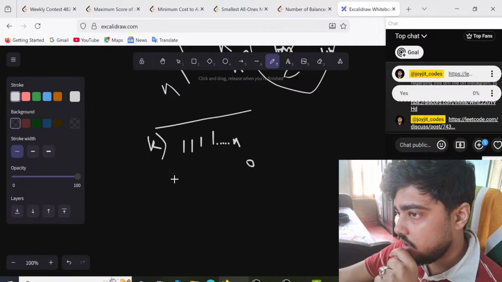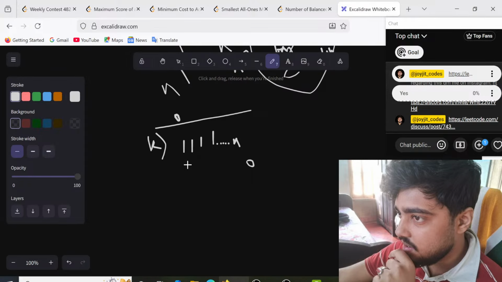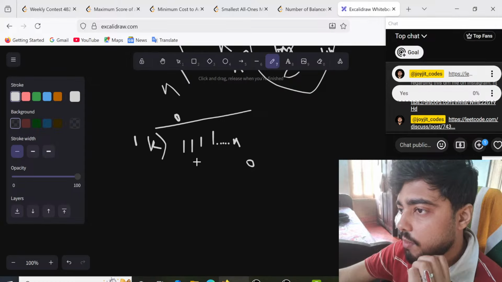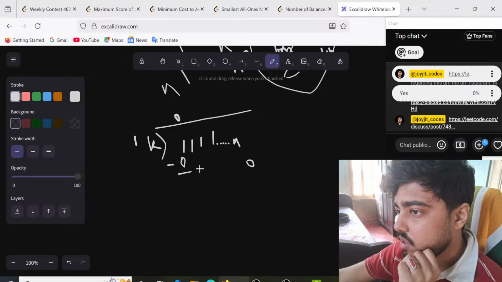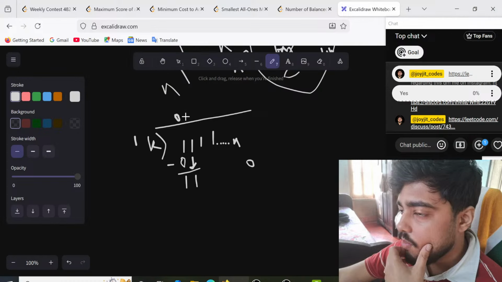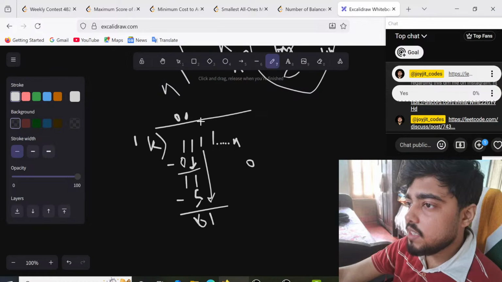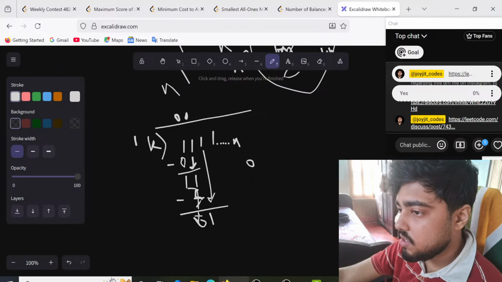So first of all, what we can do is, obviously you have to put 0 over here, unless k is 1, so you can put 1 and you're done with it. So you put a 0 over here, you get a 0, minus 1, and you get a 1 from here, right? That is what we do in the long division. Then you put some number, let's say it is 5. Whatever is the subtraction, you get it, and let 1 come over here. It is 61. Actually, it can't be 5 only. Let's say it's 7, so it's 41.